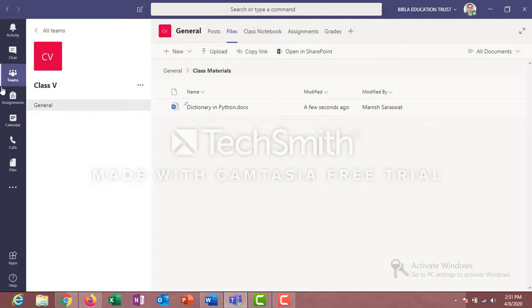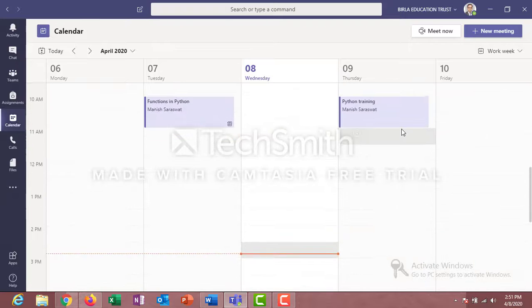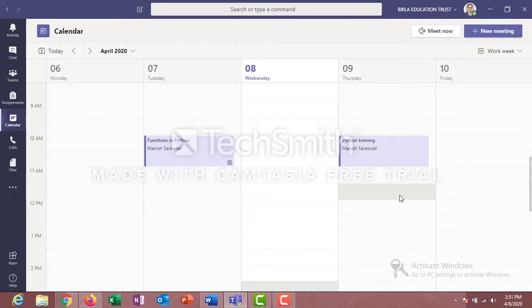Now after that, once the class is made, the next thing is how we can start the online training for the students. This is very important to understand. Once the timetable, the schedule, is made for each and every teacher to start the online training session, they will have to go to the calendar option from here. In the calendar option, let's suppose I need to conduct one class, one session for the students. It is between 11 to 12.